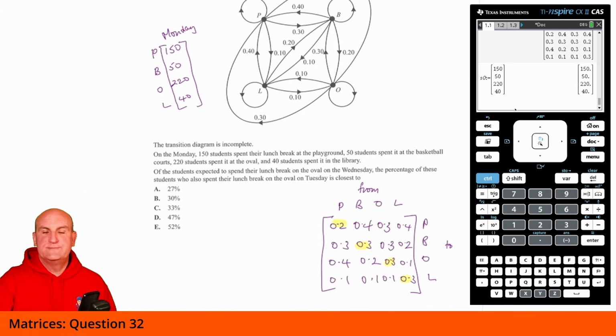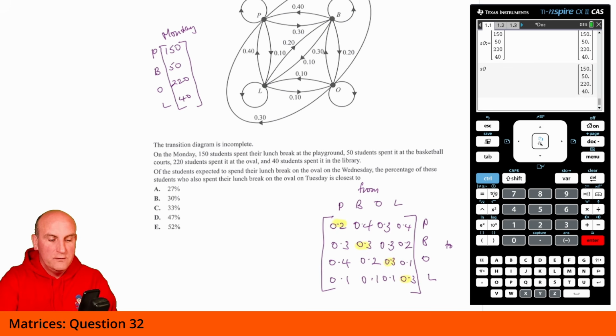So what I've done now is put the information into my transition matrix and my S0. Just looking at my calculator, just to save some time for this video, there is my T for my transition matrix, and there's my S0. So let's see where we go with this one. I'm now going to do S0, put that one there, and I'm going to do T times my answer. So this is Tuesday, and that is Wednesday.